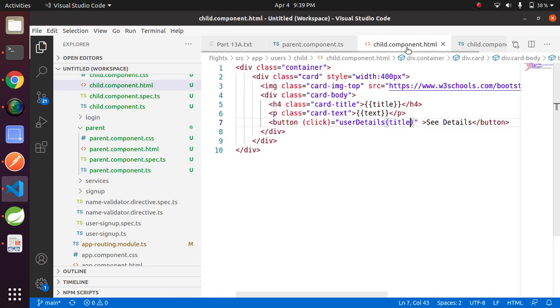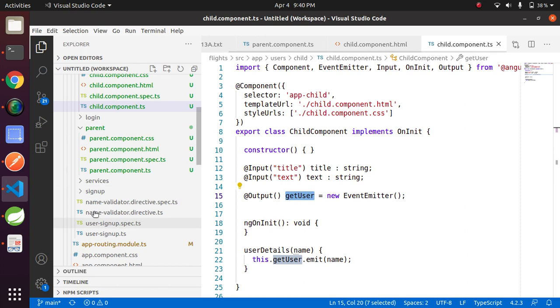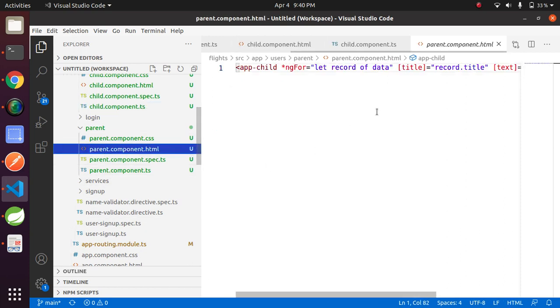So let's copy this event variable name and open the parent HTML here.